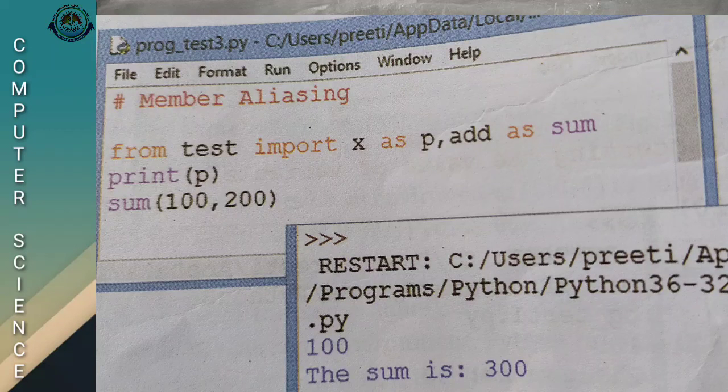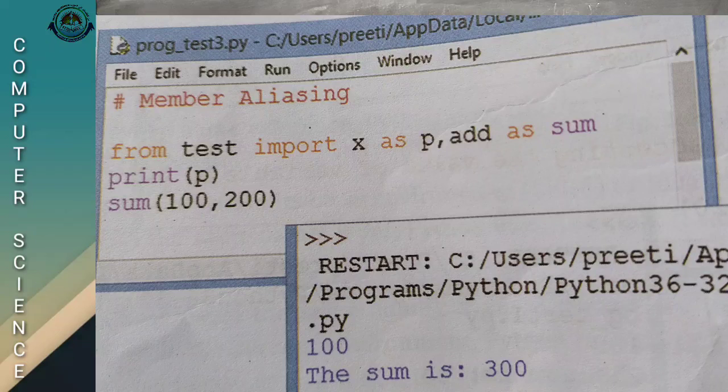In the previous program we used add; instead of that, here we use its alias sum. Print p, its result is 100. How? Because p is equivalent to x, as we already gave the code from test import x as p.